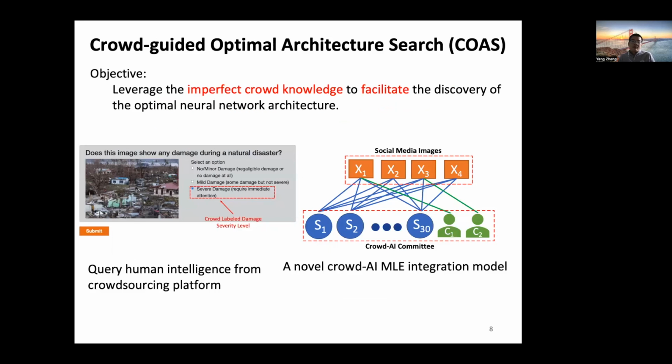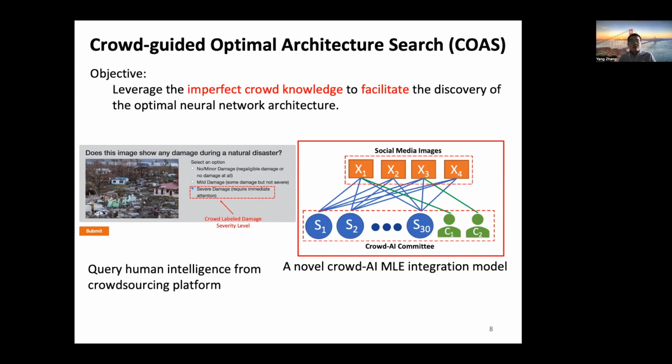In our next module, we first introduced a crowdsourcing portal on Amazon Mechanical Turk to collect the human intelligence. Our COAS module then designs a crowd AI integration model that is used to accurately identify the optimal neural architectures. We observed that every neural architecture and every participating crowd worker generate their own estimations on the damage severity levels.